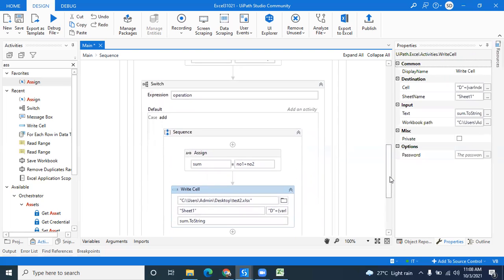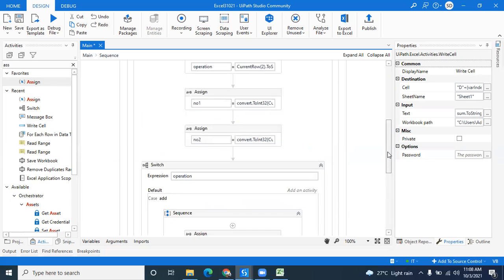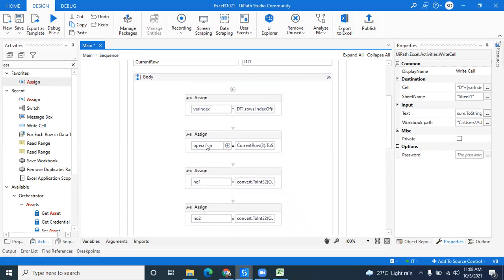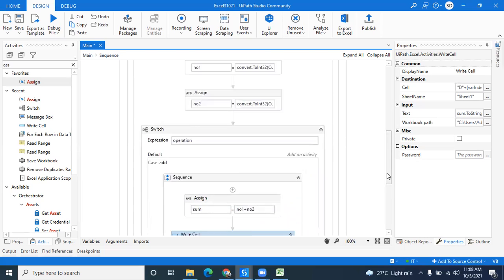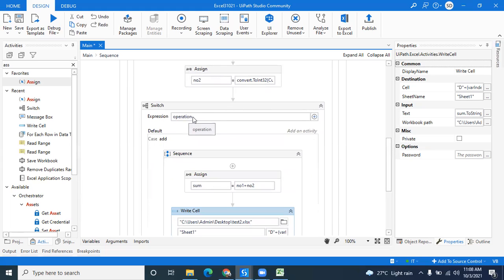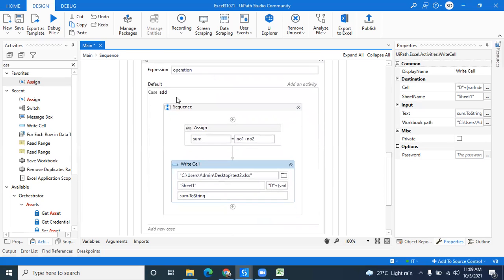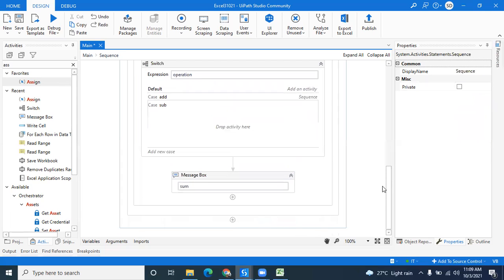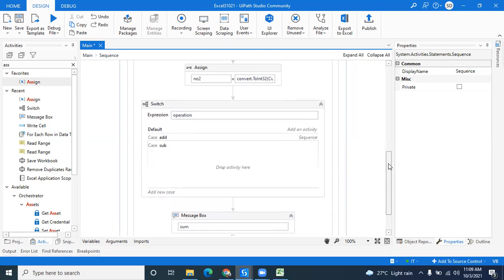Sir, please repeat this section. Okay, Switch. I have to go as per the operations available in our Excel file. To understand what the operation is, I have created one variable, that is operation. This variable operation includes what operation I have to do. If the operation is add, I have created cases, meaning situations. For Case 1, we are doing addition. In Case 2, I am doing subtraction. If there are 4 operations, then I have to create 4 different cases.